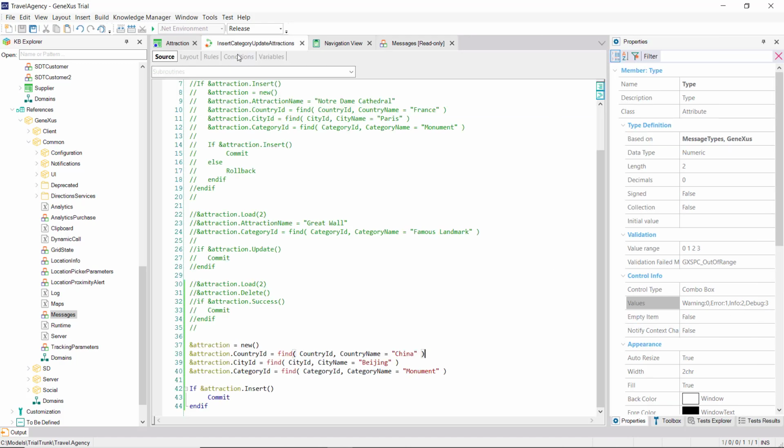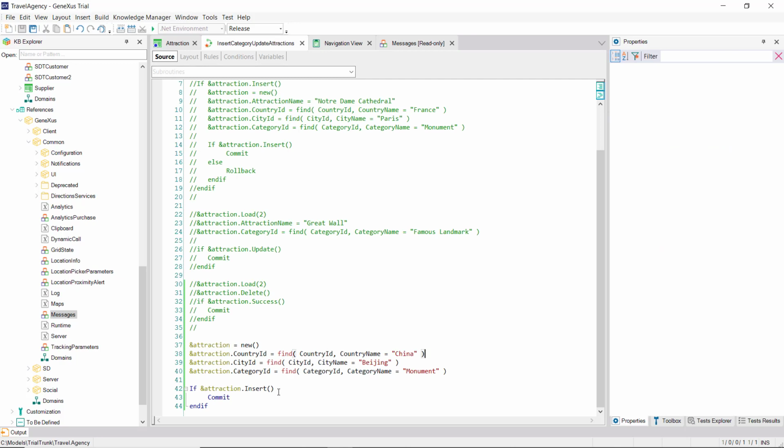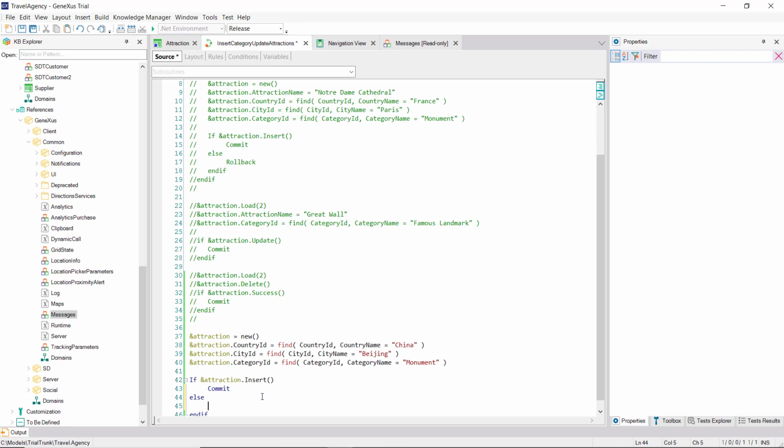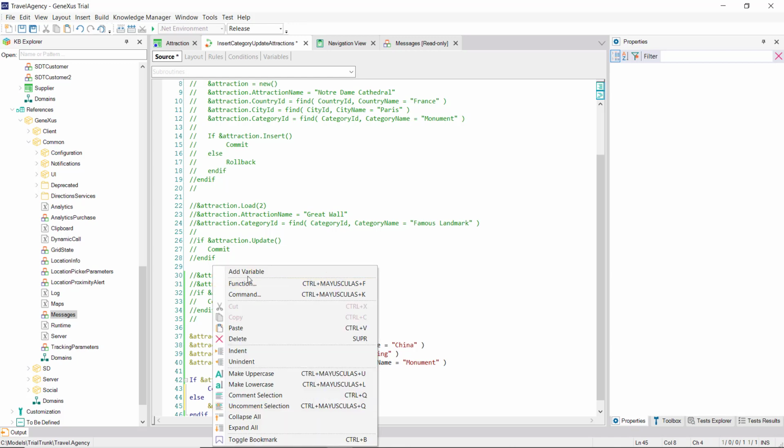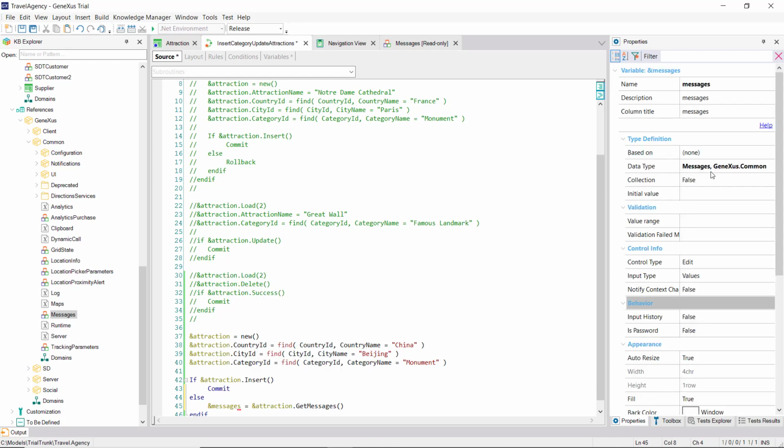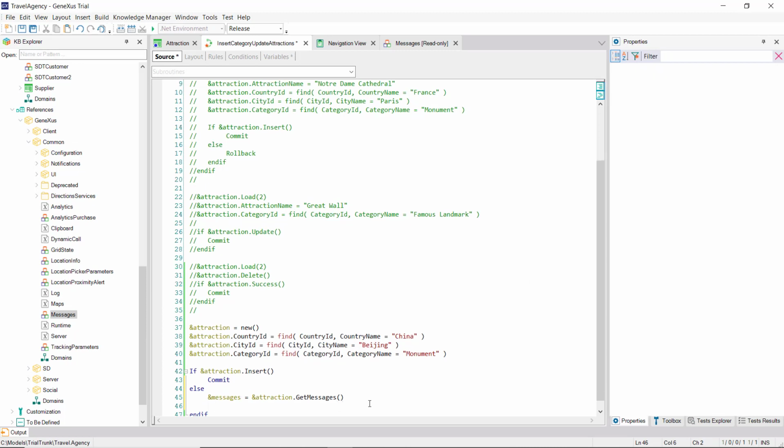Every time an operation is executed on a business component variable, we can obtain the collection of messages generated by that operation with the getMessages method. We'll have to define a variable of the data type returned by that method in order to manipulate its result. For example, for now, just to be practical, let's show the result in a PDF file.